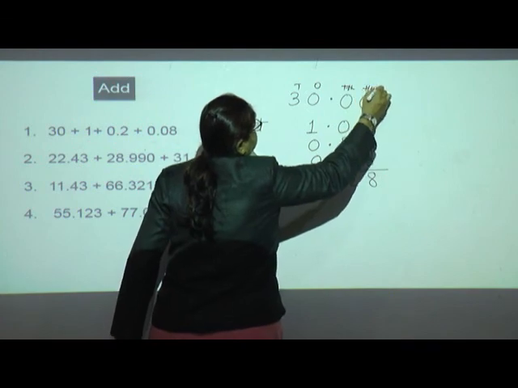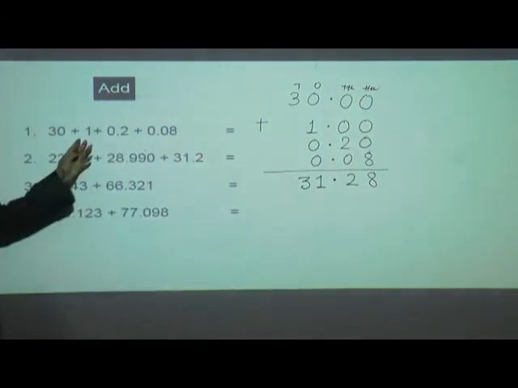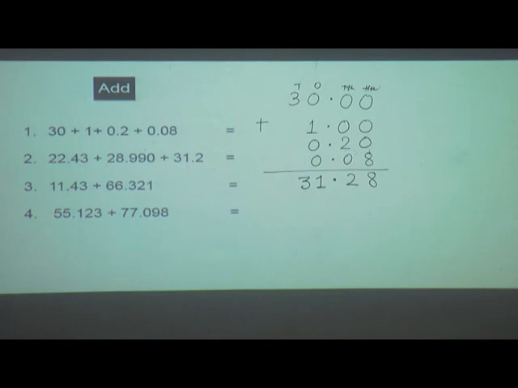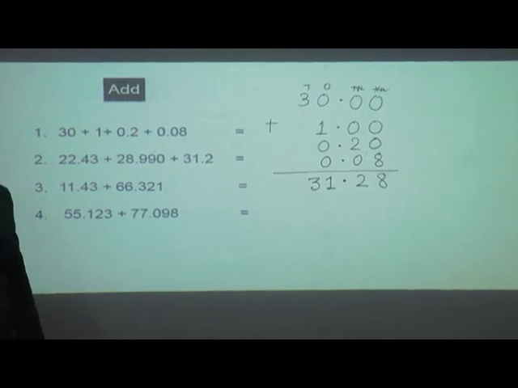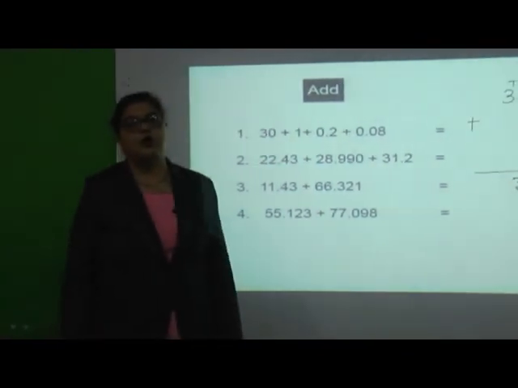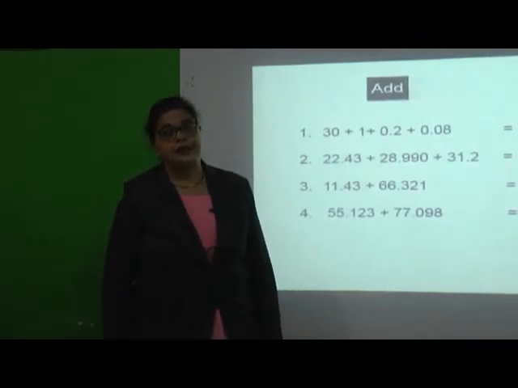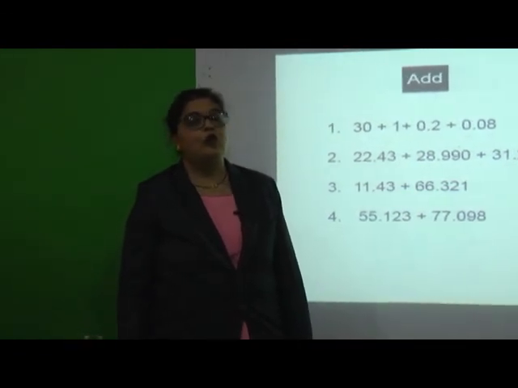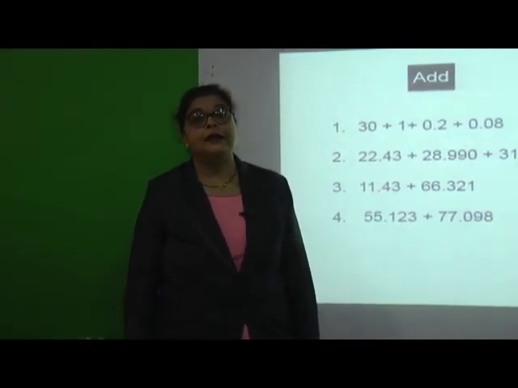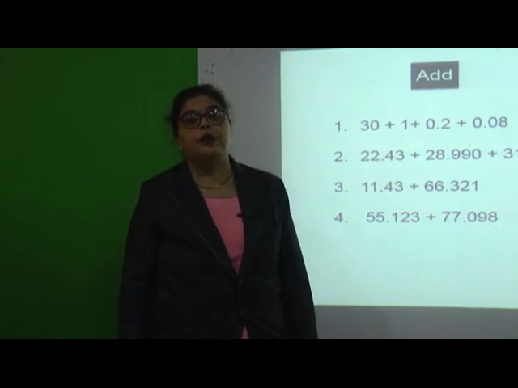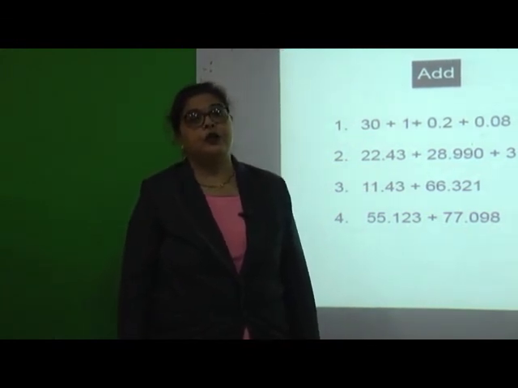If you are writing in the chart table, you can write here ones, tens, 10th, 100th. But when it is given as a simple example to add, in this way we have to do the addition of a number. So hope so, my dear student, you understood how we write it step by step. Already we had learned the rules of addition of a decimal, and we had learned 3 steps. All the steps we have to follow for the addition of given decimal numbers, and we have to find out the correct answer for the given number.